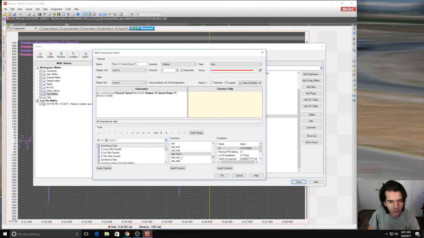So what that means is that it's going to use your entire outing, including the period where you're stopped at the pits to the period that you stop again in the pits. So you have to do some logic to get that out of the way, because usually when we're looking at the damper histograms, I only highlight the actual laps that I did, basically only the hot laps. You're going to want to filter that out, even though you're averaging everything. So this is where I throw in that logic statement. You go to choose,